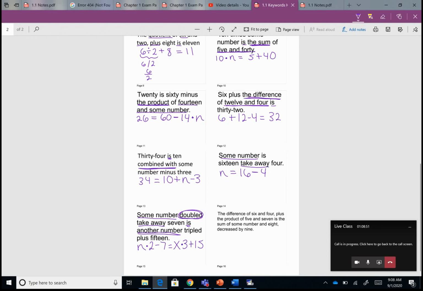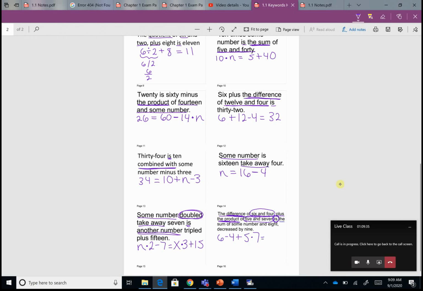So our very last one, again, looks like there's a lot of different words there, a lot of things going on, but I'm just going to take it piece by piece. So we start with the difference of 6 and 4. Difference means we're going to subtract, and we're going to subtract the 2 things that follow the word difference. So 6 minus 4 plus, now I have the product. If I need to check my foldable, I can. The product means we multiply. And I'm going to multiply the 2 things that follow. So 5 times 7 means equals